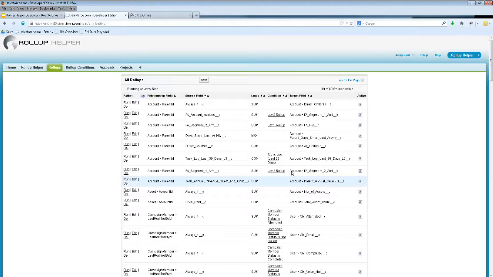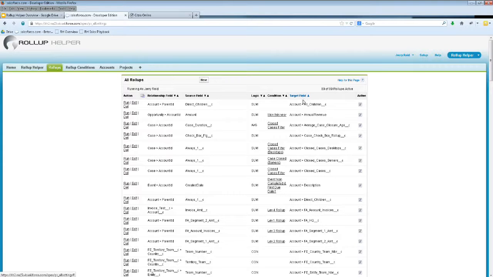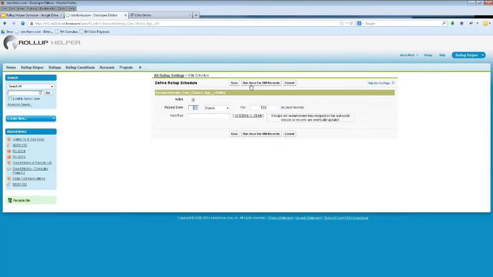excited about that capability. I also mentioned that we've improved the performance of Rollup Helper. So I wanted to just briefly talk about that. When you go on the run page for a given rollup, as I mentioned, when you first load the page, it just shows you run once, and then it'll refresh to show you a run once for however many parent records you have. Well, if you end up having more than 50,000 records, now you can click this button. It'll show you how many records you have, and when you click that button, it's going to just keep on repeating and running Rollup Helper, remembering where it last left off,